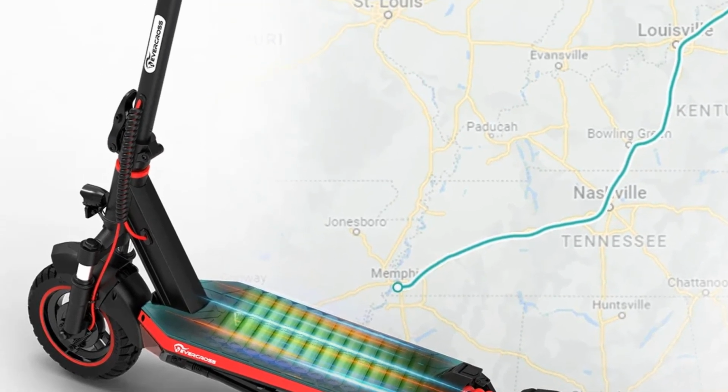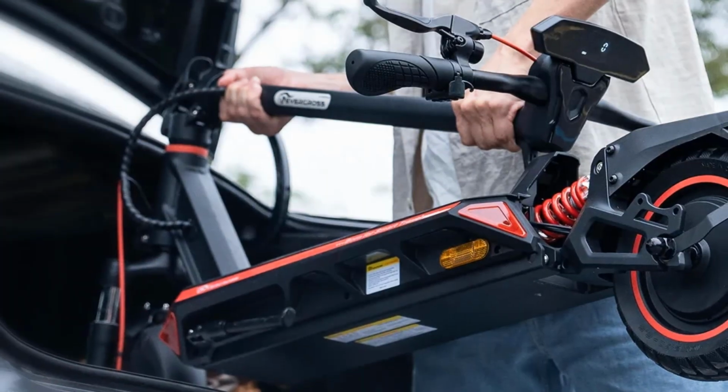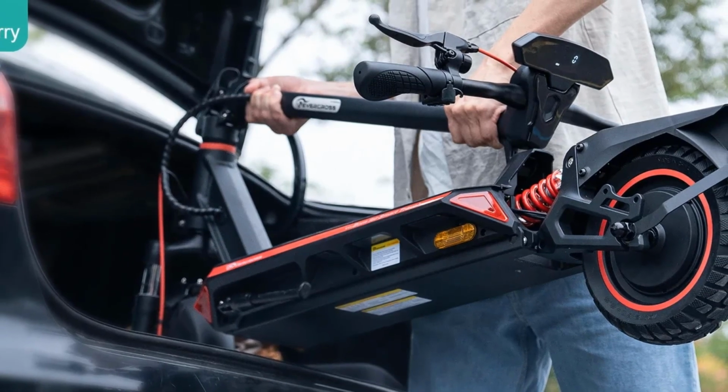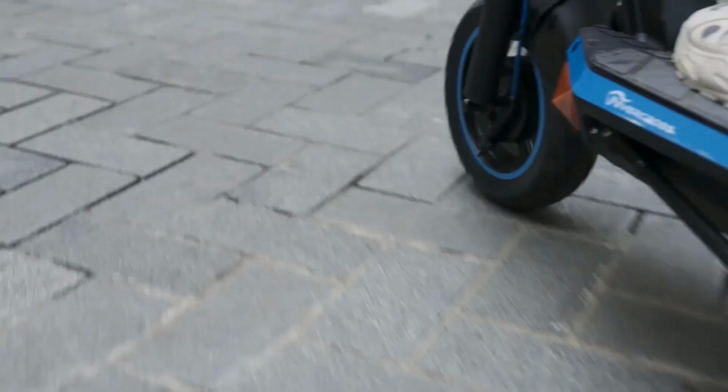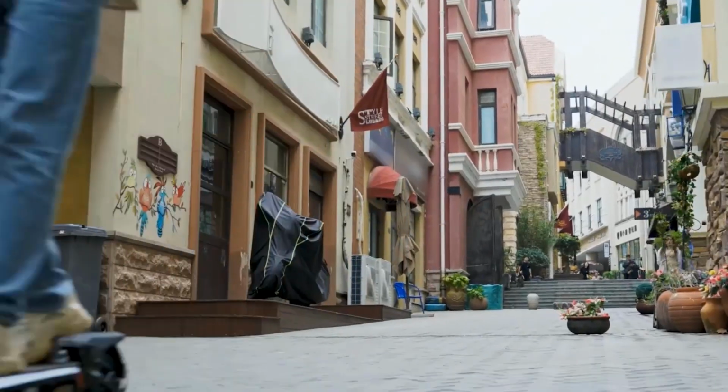Thanks to the rugged 10x2.75 front and rear honeycomb solid tires, you'll glide over bumps and uneven surfaces effortlessly, enjoying a smooth and controlled ride every time. With front drum brakes and rear electric brakes, the A1 empowers you with precise control over your